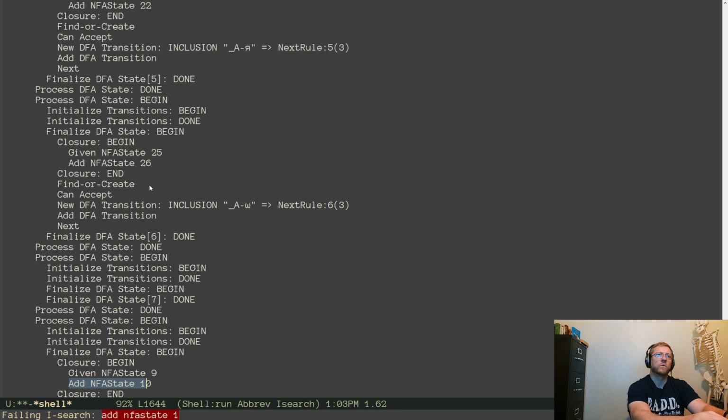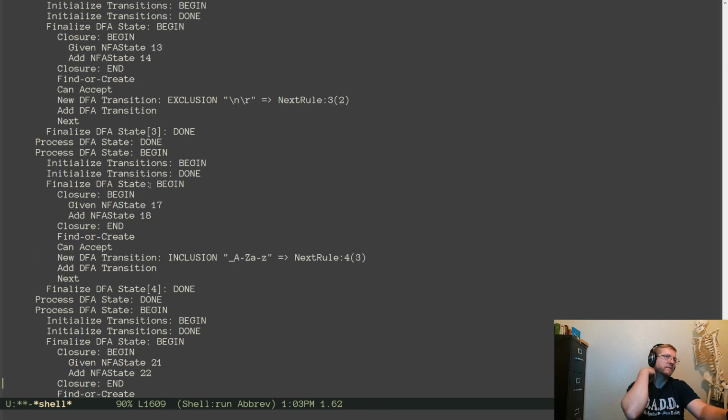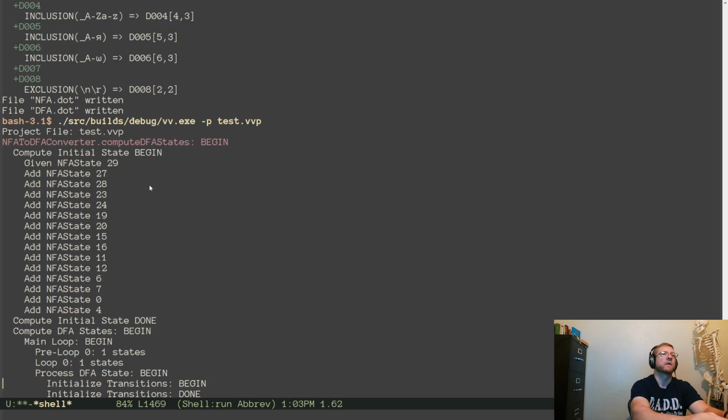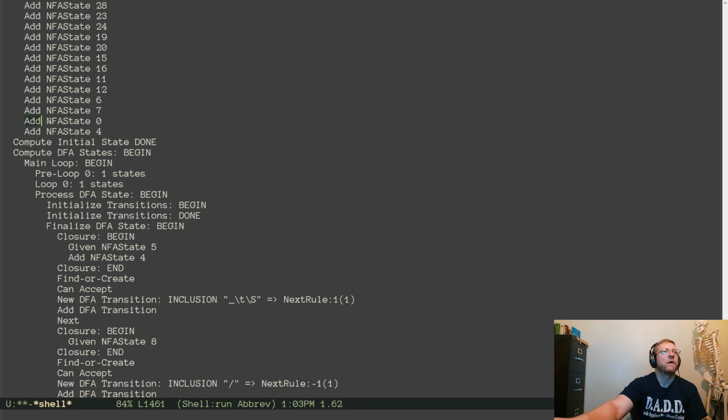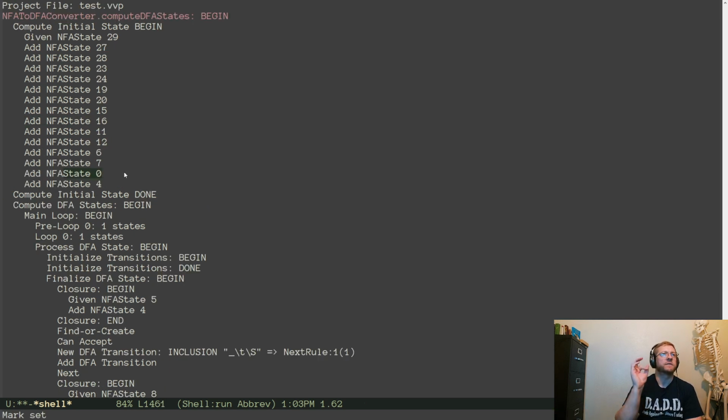NFA state 1 is never added. Oh, interesting. So somehow this closure adds NFA state 0. And all of these: zero, 6, 11, 15, 0, 6, 7, 11, 7, 4, 12, 11.